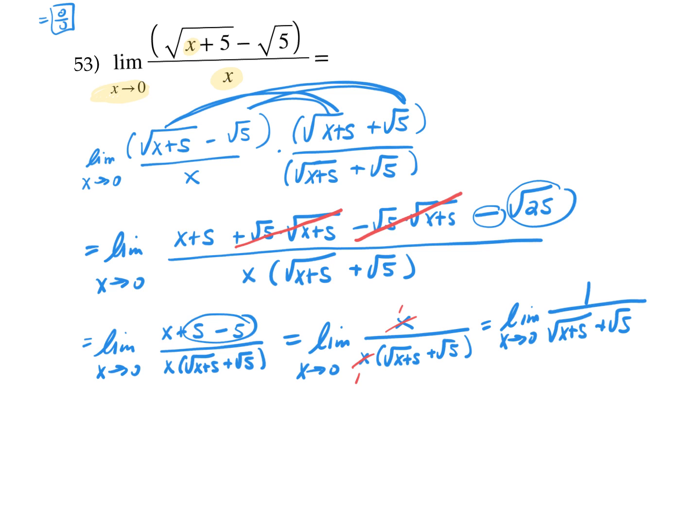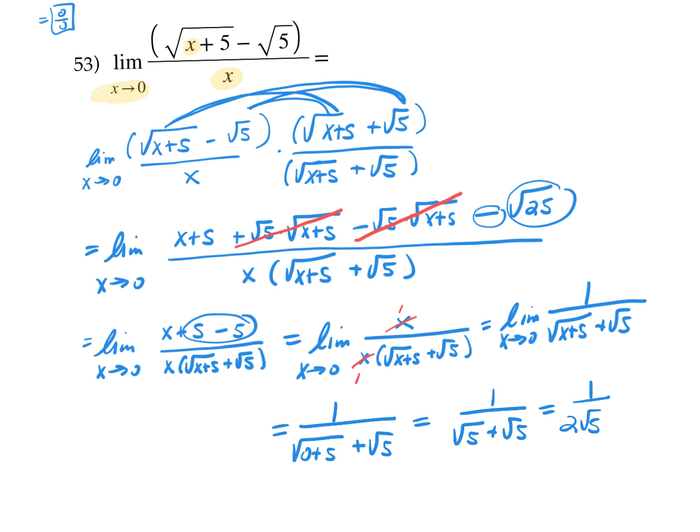Okay, believe it or not, we're ready to plug in 0 for x. So we have 1 over the square root of 0 plus 5 plus the square root of 5, which gives us 1 over the square root of 5 plus the square root of 5, or 1 over 2 square root of 5. Now, that's not in simplest form because we have a radical in the denominator,